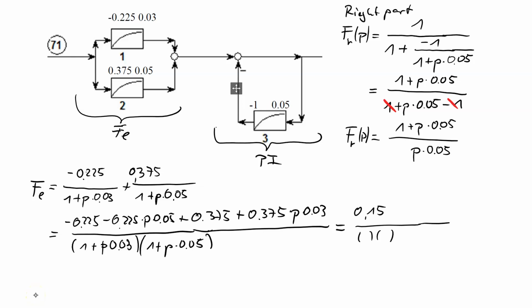Yeah, this negative part here and the positive part here, they just have the same size, so there is no additional part in the numerator, plus 0. So we have now the total transfer function F total, which is FL times FR, and this gives,